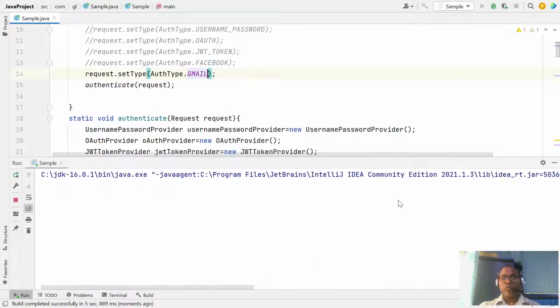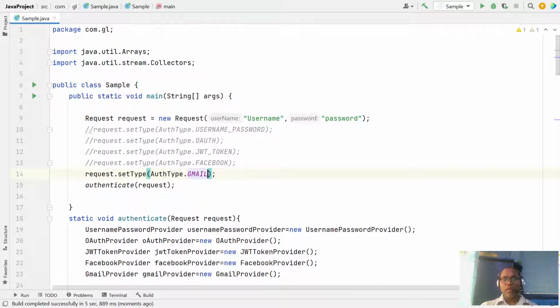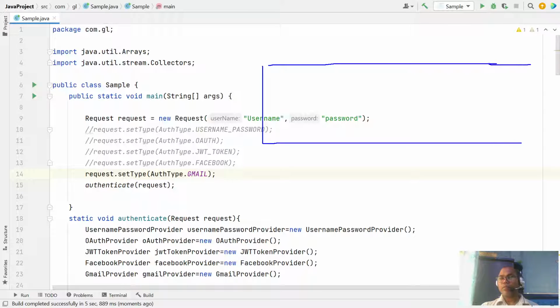These are very specific kinds of providers and they are doing this. As per the chain of responsibility, we have a list of our authentication providers. We have a username password authentication, we have OAuth, we have a JWT, we have a Facebook, we have a Gmail.